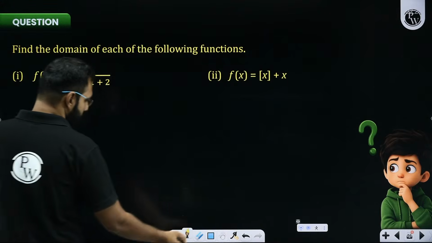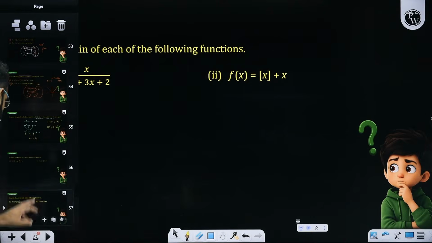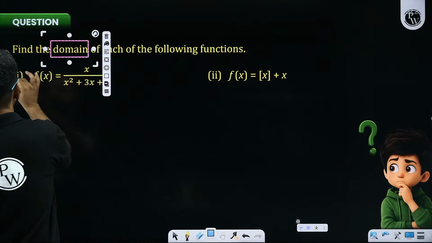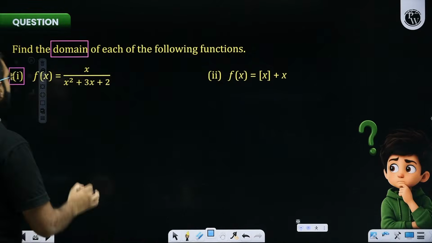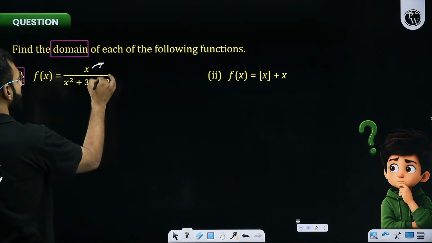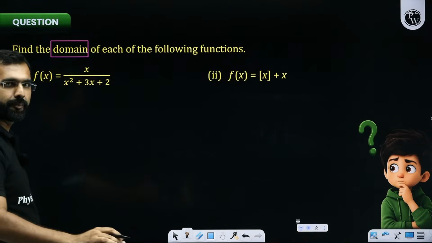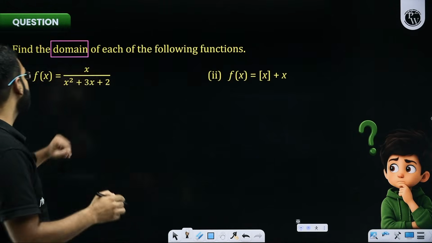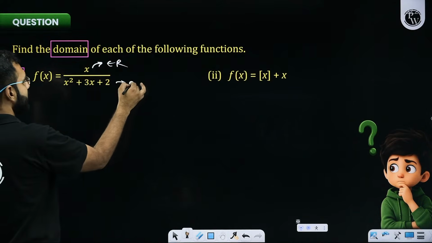What are we told? This question is asking you the domain. So two functions are given and their domain is asked. Shall we do both of them one by one? So the domain of the first question, where f(x) is given by something upon something. Sir, in the numerator, we are noticing a polynomial. In the denominator also a polynomial. So polynomials can take any values, which means here in the numerator, x can take any real number. Here in the denominator, x can take any real number.